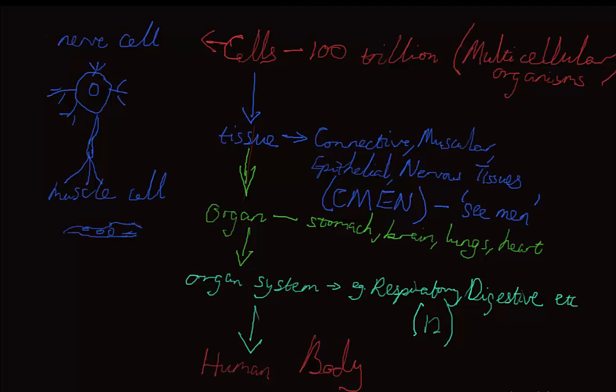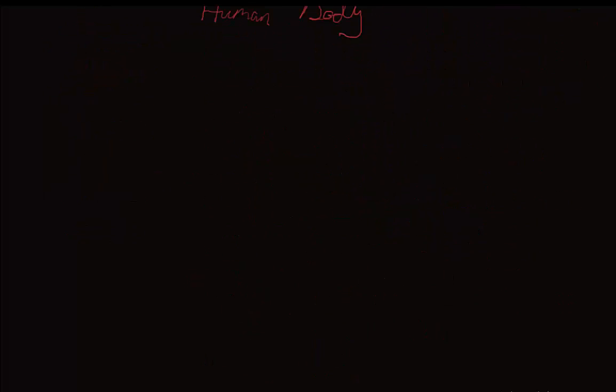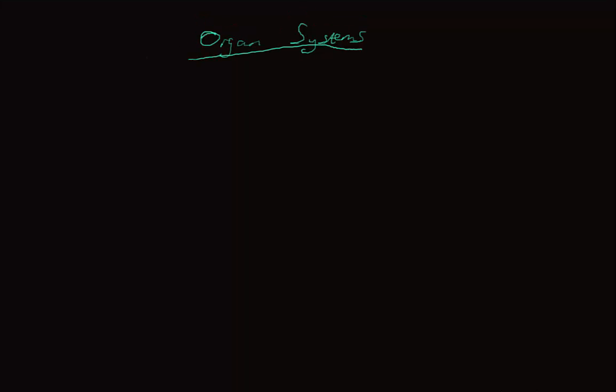So organ systems come together to form the human body. To be able to outline all the 12 organ systems, there is this mnemonic which I learned in school I want to share with you, and it goes by